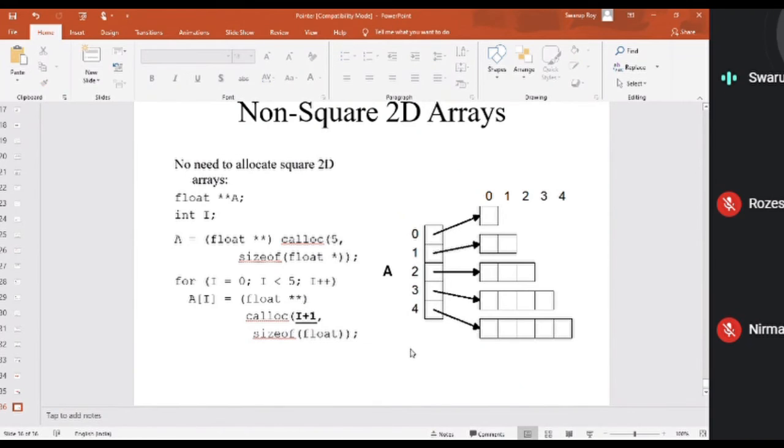So it's not necessary that every row will always have the same number of columns. You can create that for special requirements, because that is the beauty of dynamic memory allocation. But if it is static, you cannot do that. Why? If you write int a[5][5], the number of columns will always be the same for the entire matrix. But sometimes we need the number of columns to not be the same: according to requirements, in the first row we will keep 2 values, in the second 3 values, in the fourth 4 values. Accordingly, dynamically you can create these things.